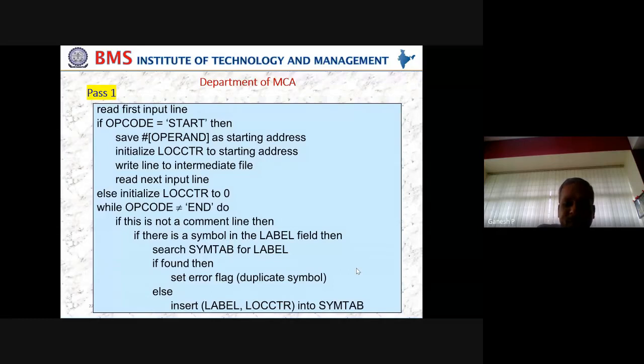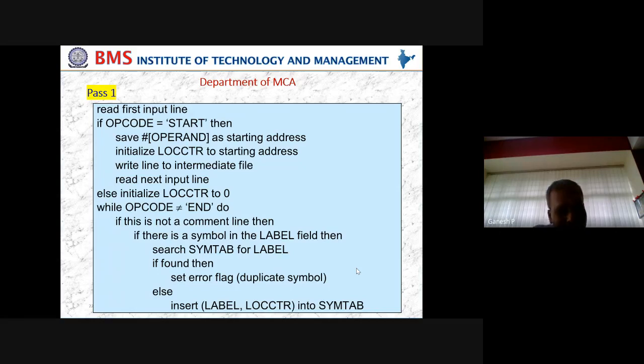So what we are going to do now is store this label, if it is encountered, into the symbol table. While doing so, we need to check if any symbol has been repeated twice. In the sense, do we have unique labels or not? For that purpose, we'll search the symbol table. If it is already stored, what is the meaning?